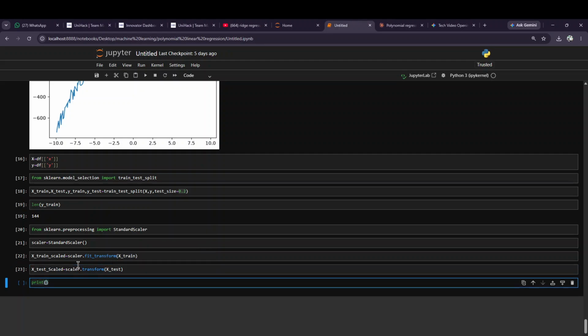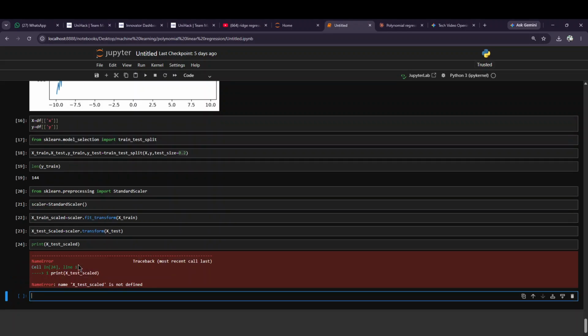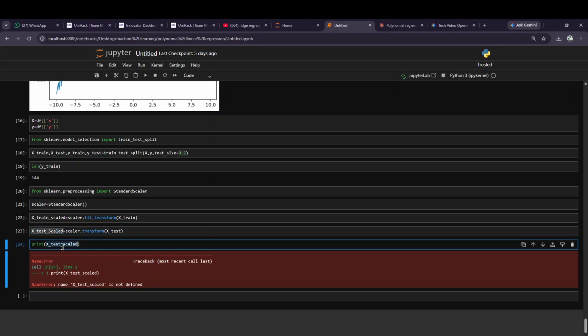Let's print X test. I spelled it right. It is not X test scale, it is like,